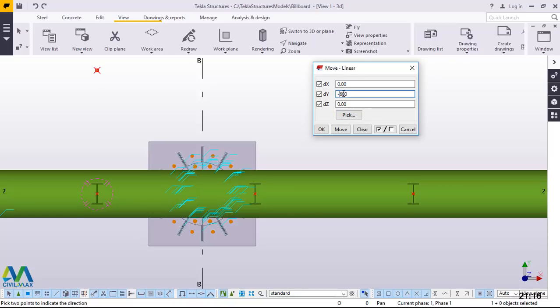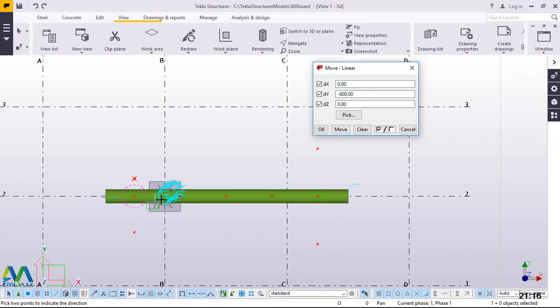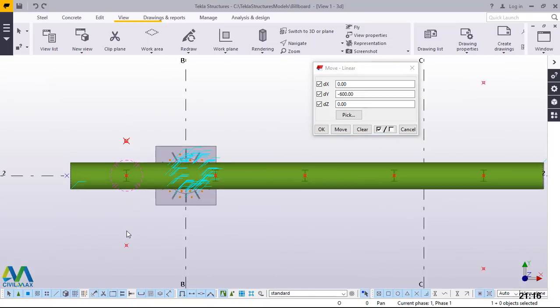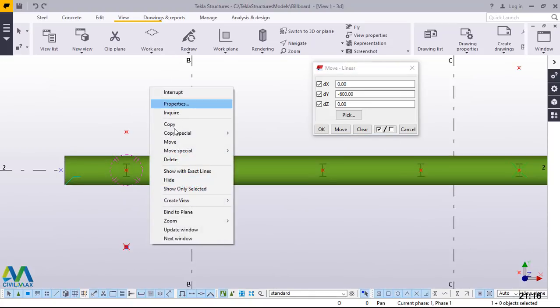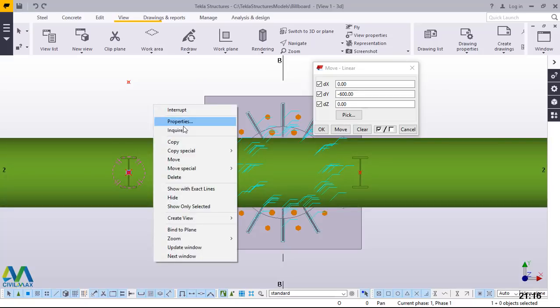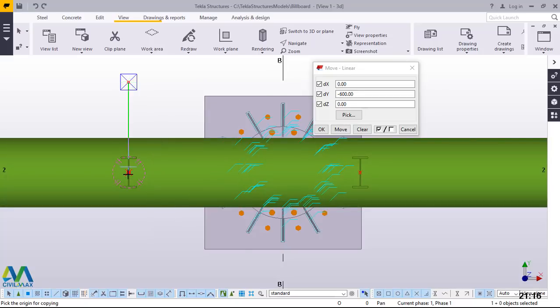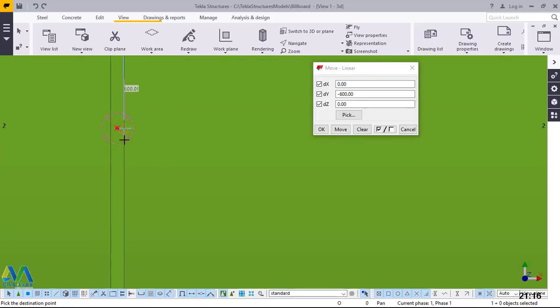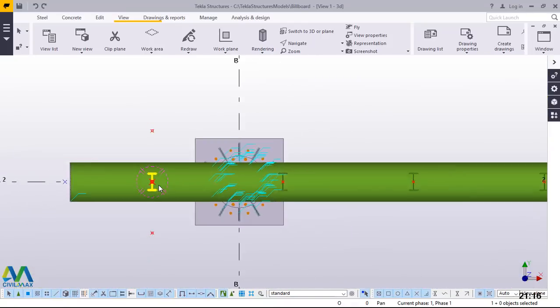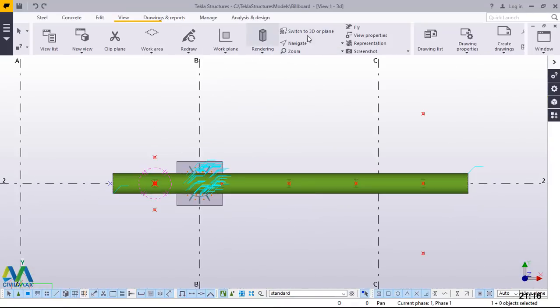We'll prefix that dimension with the negative sign, 600, so that it looks like a V. Right click and I'll delete this, I'll delete that, and I'll pick on this point, right click and come to copy, and I want to hold it from that spot and copy it right here. Perfect. Now if I close this by clicking OK and switch back to my isometric view right here,